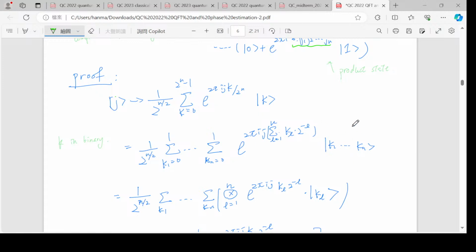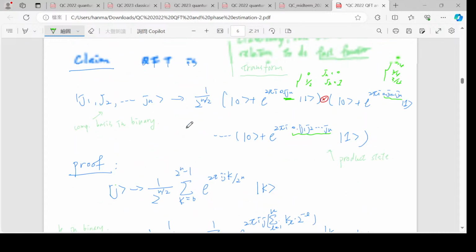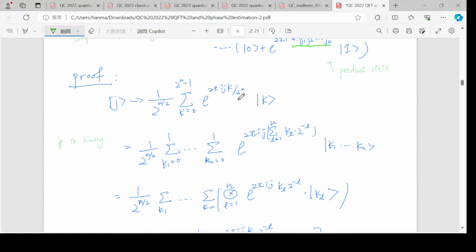So this k becomes k1 to kn, and so this k up here is also k1 to kn. But here we do something extra. So k is this k1 to kn string,